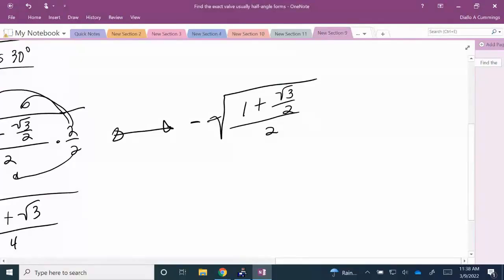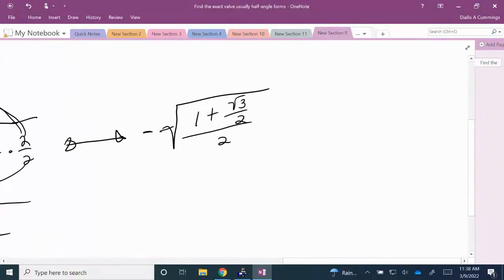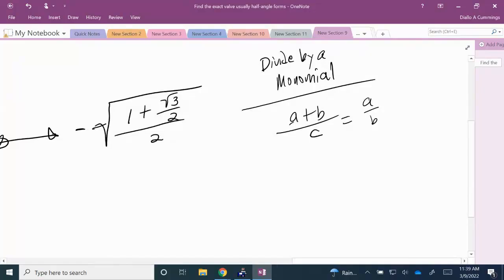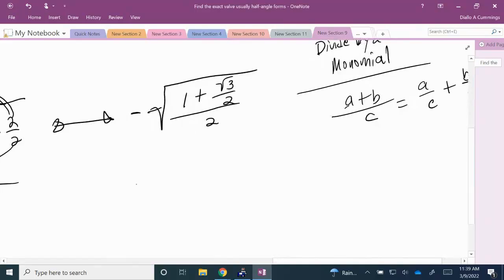Just to show the solution that they're getting, from this point, I believe they used the divide by a monomial formula, and it says that A plus B over C is equal to A over C plus B over C. That divide by a monomial was applied here, so I have 1/2 plus the square root of 3